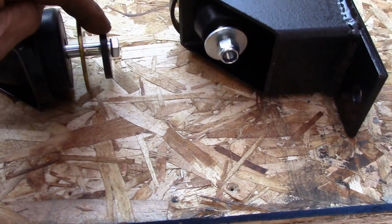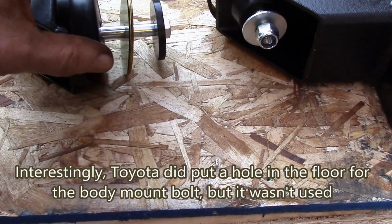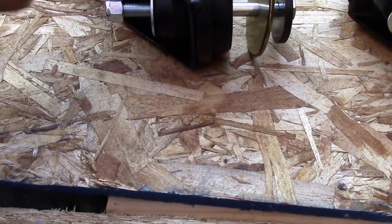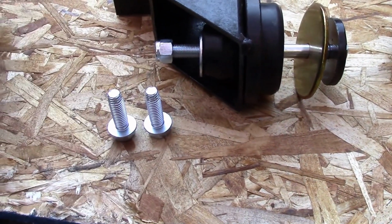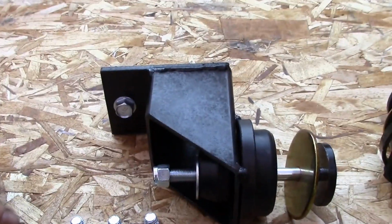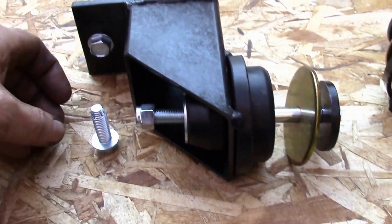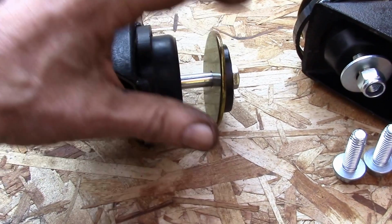We supply all the hardware, the washer that goes on top of the floor of the vehicle. You stick that bolt through an existing hole, and then you have the top washer, top bushing, bottom washer, and a nut. And we even supply some self-tapping screws to mount this to the frame, so you can just mark and drill 2 holes for each bracket, or if you have access to a welder, you can weld these on. The idea is you bolt this up under the body,